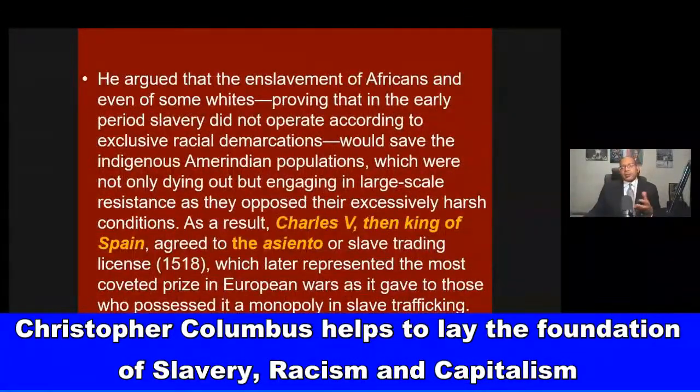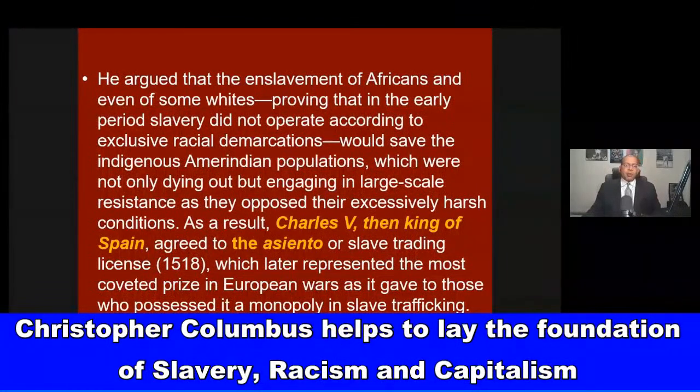And de las Casas is a bishop, Bishop Bartolomé de las Casas. He travels on some of the voyages with Columbus. He keeps a diary and he documents the atrocities that Columbus inflicts on the indigenous people. And he said that Columbus was responsible for killing 12 million to 25 million indigenous people. So he's going to advocate that they stop enslaving Native Americans, try to save their souls. They suffered enough, and enslave African people, and white people to a lesser extent.